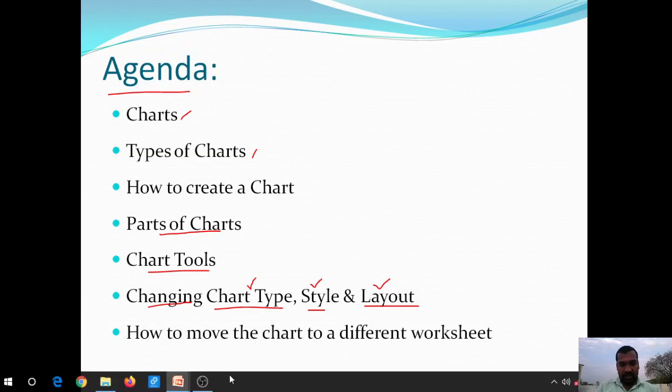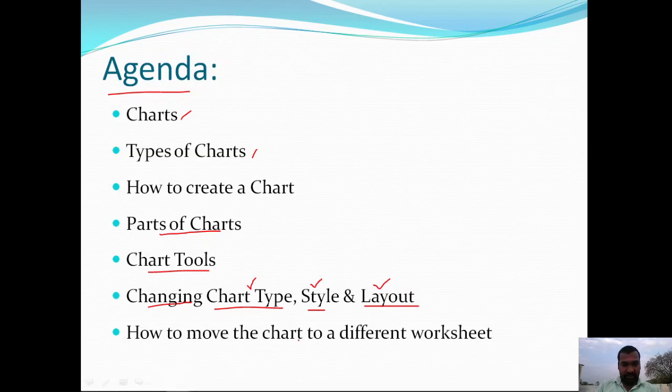And then we are going to discuss how to move the charts to different worksheets. So here we are going to learn how to move the entire chart, or how to move the chart to a separate sheet, that we are going to cover at the end of this session.